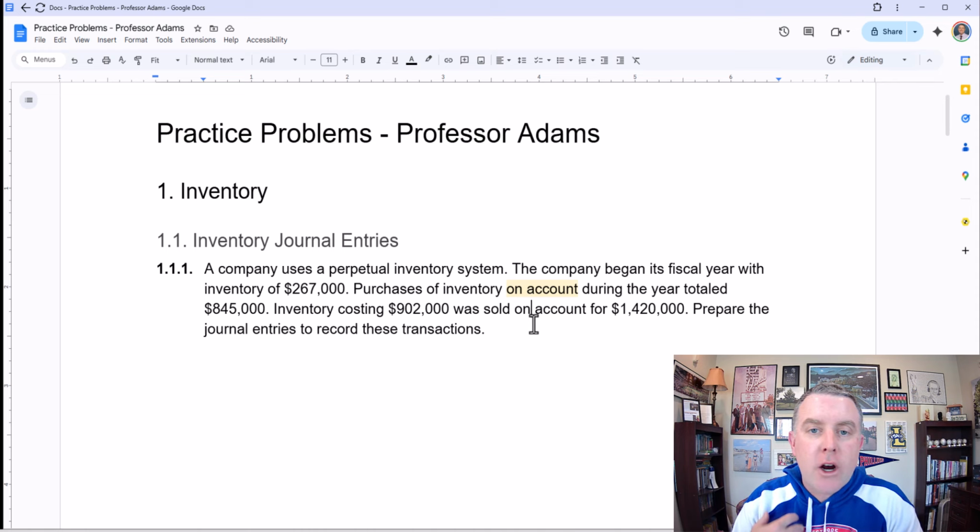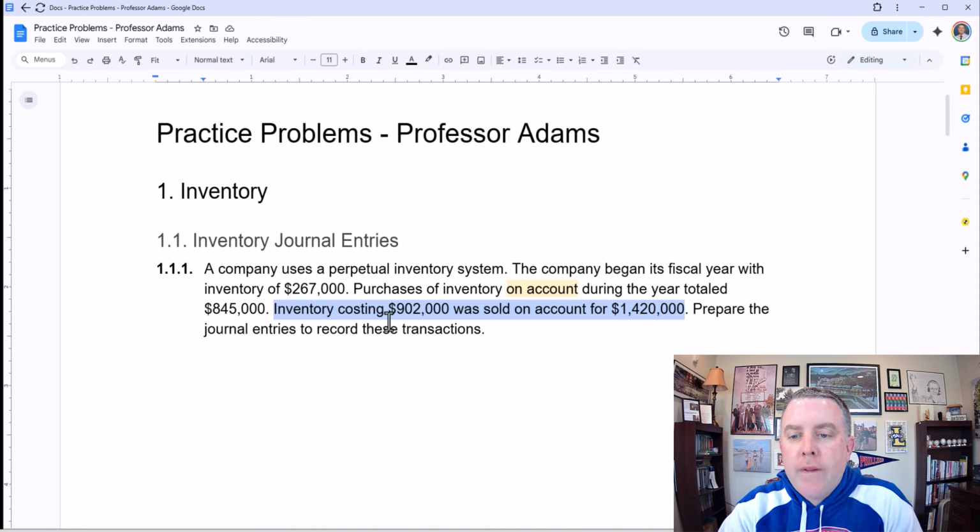So when we are the buyer and we buy something on account, we have something due. We have a liability. We call that accounts payable. If we do this for a customer, on the other hand, then we have an account receivable. So in this case, we are the buyers of the inventory, so we have an account payable. Purchases of inventory on account during the year totaled 845,000, and inventory costing 902,000 was sold on account for